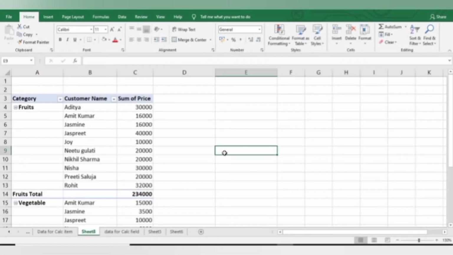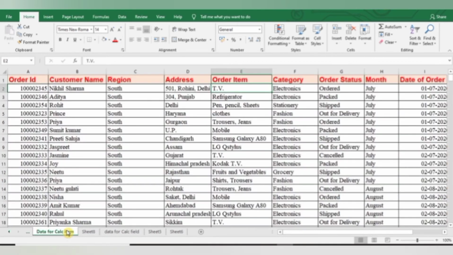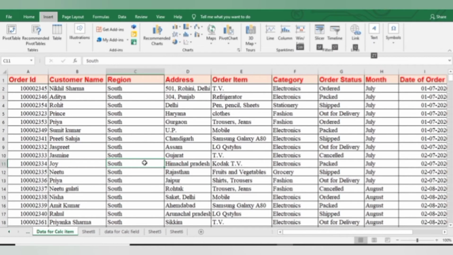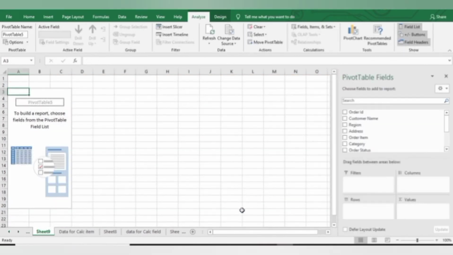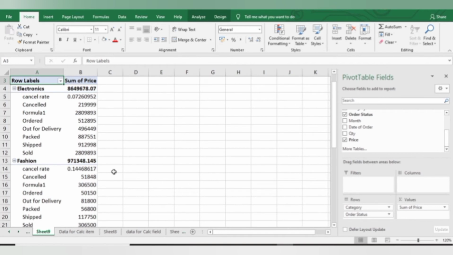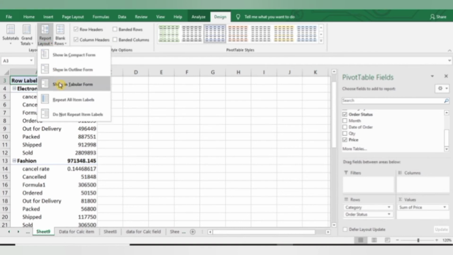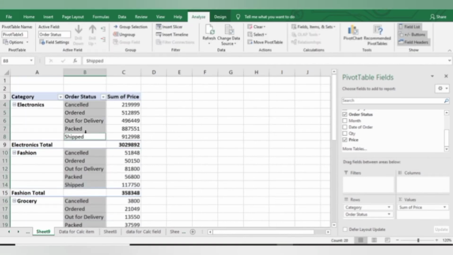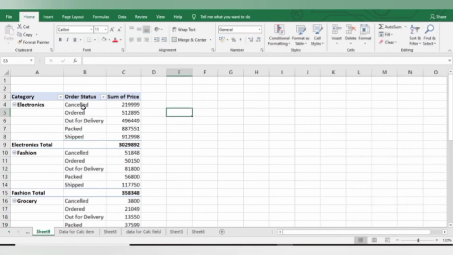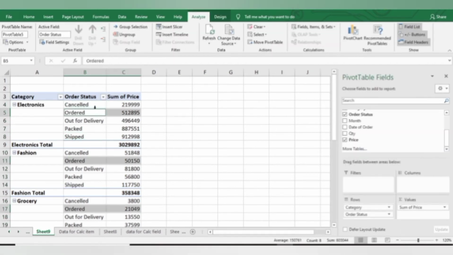Now next is calculated items. Now for calculated items, this is my data out of which I will create my pivot table. Alt N V and then press OK. Now here I am converting the layout of my pivot table from the Design tab, and I am selecting tabular form. So here this is my data where I have 5 types of order status, that is cancelled, ordered, out for delivery, packed and shipped. Now if I want a single row for these 4 order statuses,